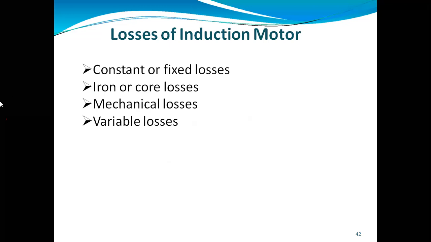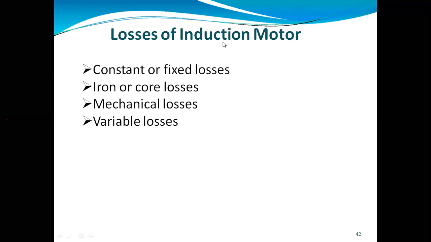Now we are talking about the mechanical losses. So here mechanical losses are nothing but the losses that occur at the bearing and the brush friction which we are using in the slip ring induction motor. So we can say in a three-phase induction motor, speed will usually remain constant, and if speed remains constant, the mechanical loss which will occur because of the brushes and the bearing will also remain constant. The mechanical loss, we are taking as PML, that value they will give in the numerical. So here now we are calling these losses the constant losses.